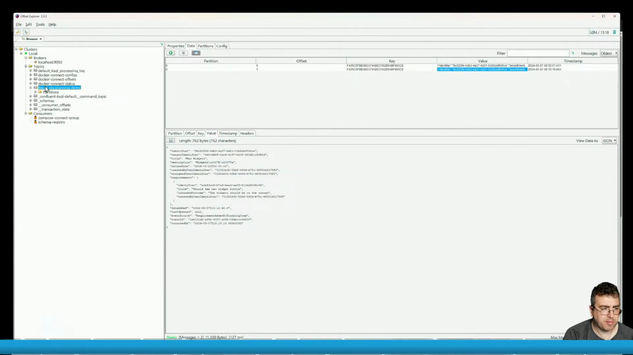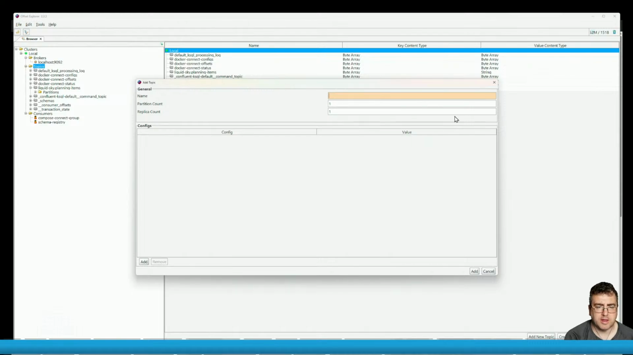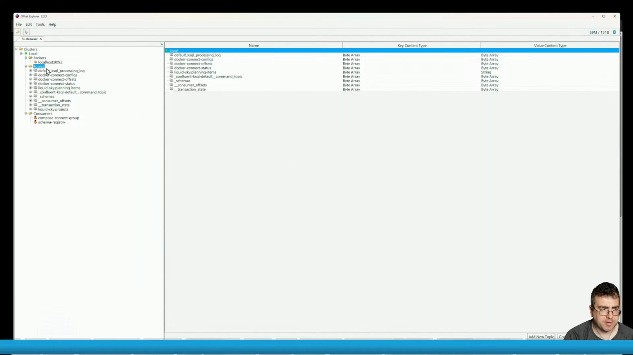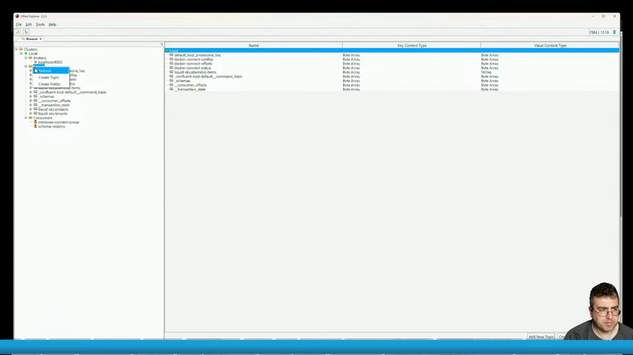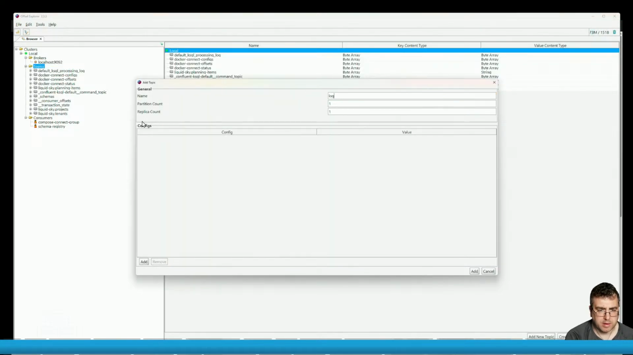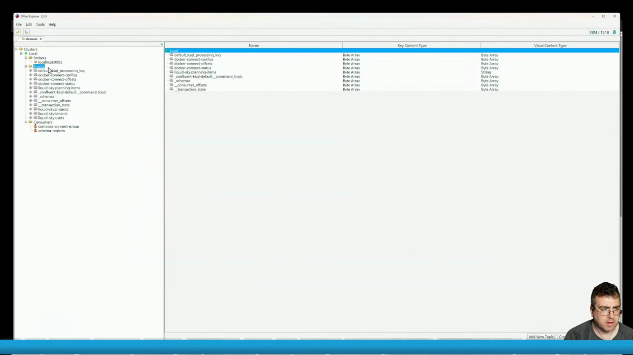So the problem is the topics don't exist. So I had to go in here and do liquid sky dot projects. And again, I'm doing one partition. It doesn't matter for dev. Liquid sky dot tenants. Liquid sky dot users